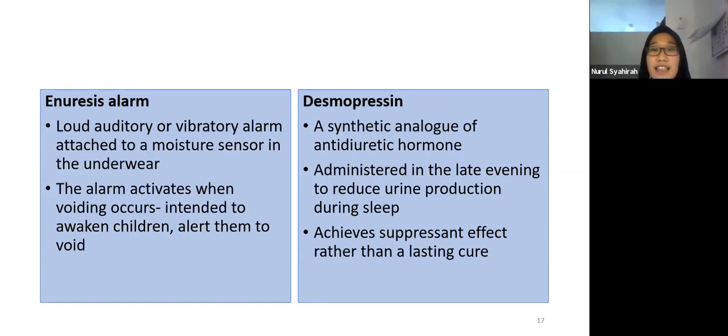Okay, so next is pharmacological, which is desmopressin. It's a synthetic analog of the antidiuretic hormone, usually given orally to the child in the late evening in order to reduce urine production during sleep. And then this kind of pharmacological therapy only achieves a suppressive effect